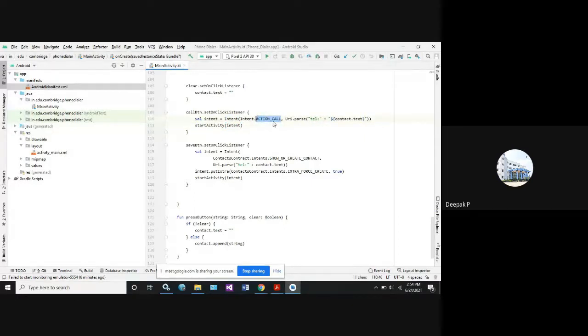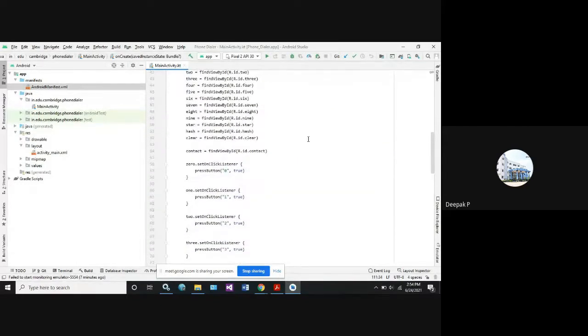Okay, so for this button we have taken this permission, which has to be specified. Using the universal resource identifiers, URI, after using these two libraries, it has to parse the data. Parsing is nothing but it has to read the values now, where it has to read the telephone directory. So telephone, and how to read it, plus the values that we have typed in the contacts.text field, which will be saved here.